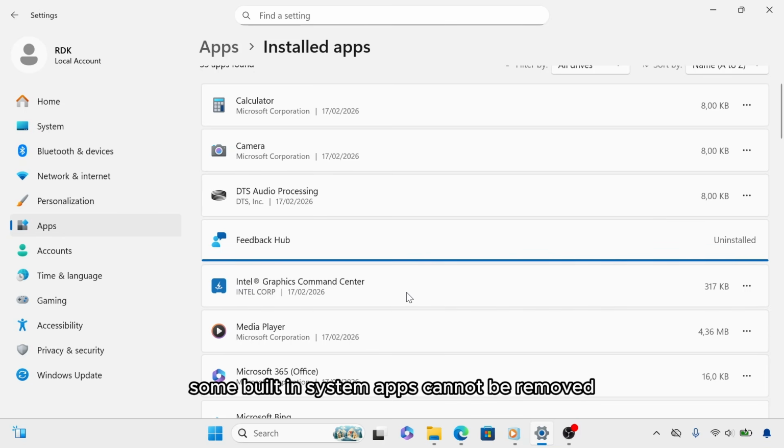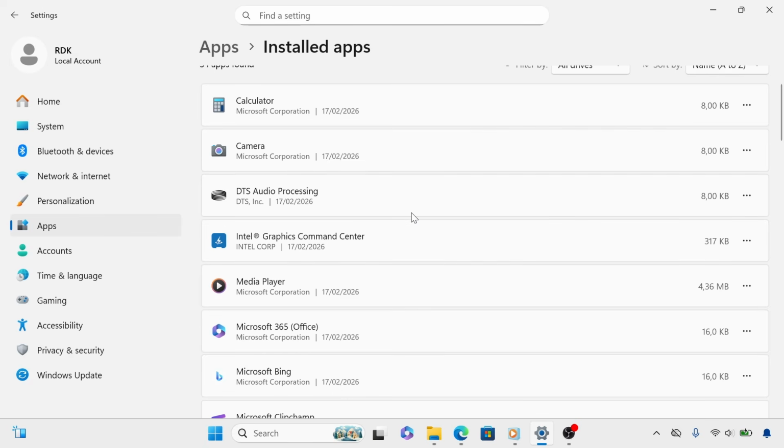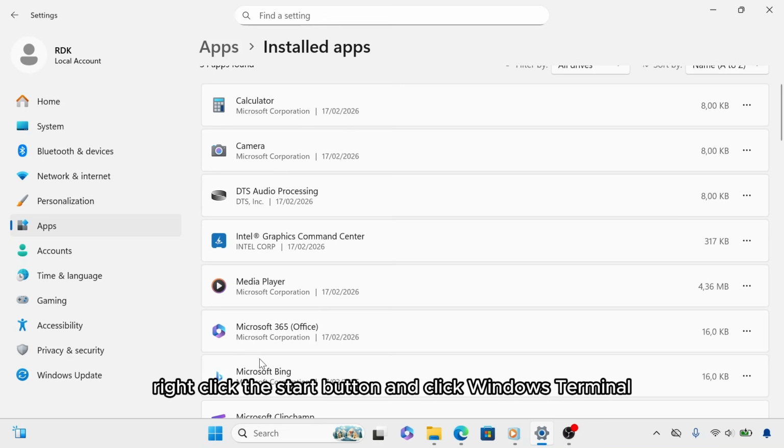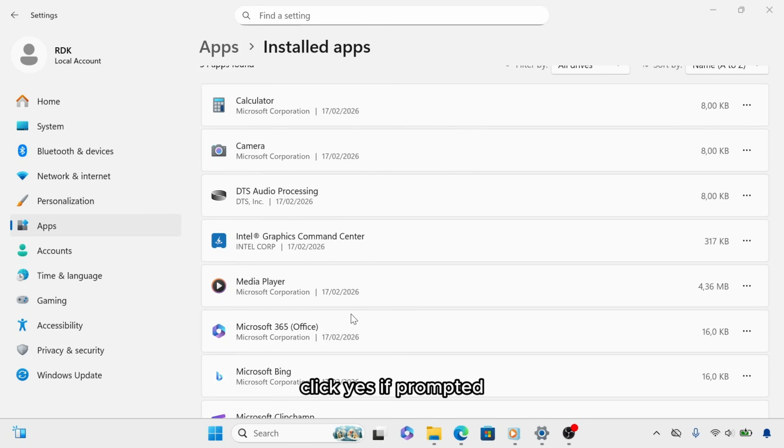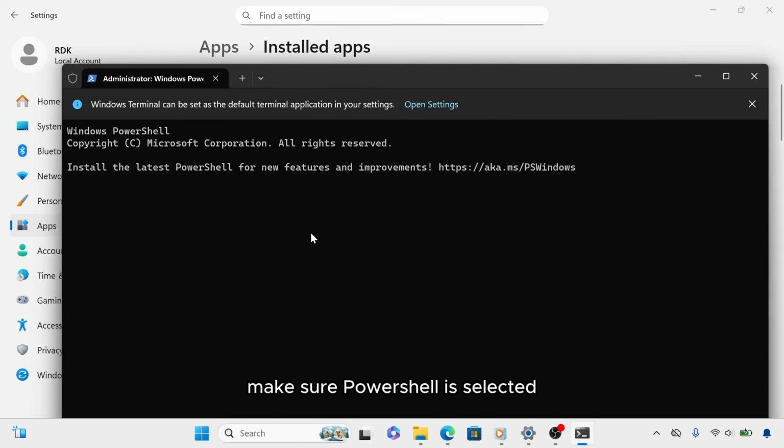Some built-in system apps cannot be removed from Settings. To remove more apps, right-click the Start button and click Windows Terminal Admin. Click Yes if prompted. Make sure PowerShell is selected. Type the following command: